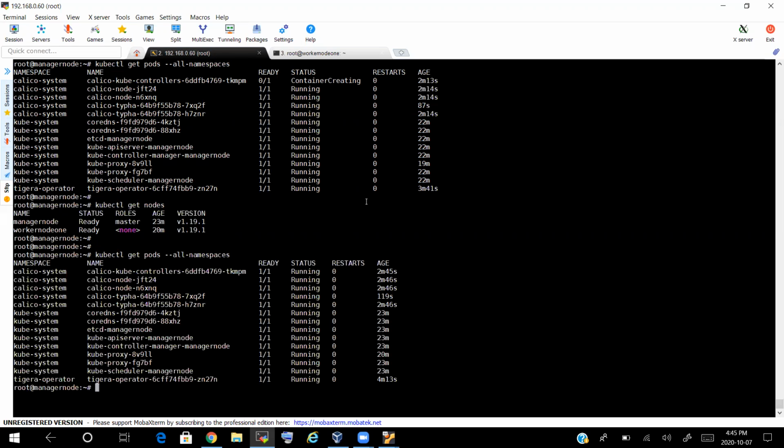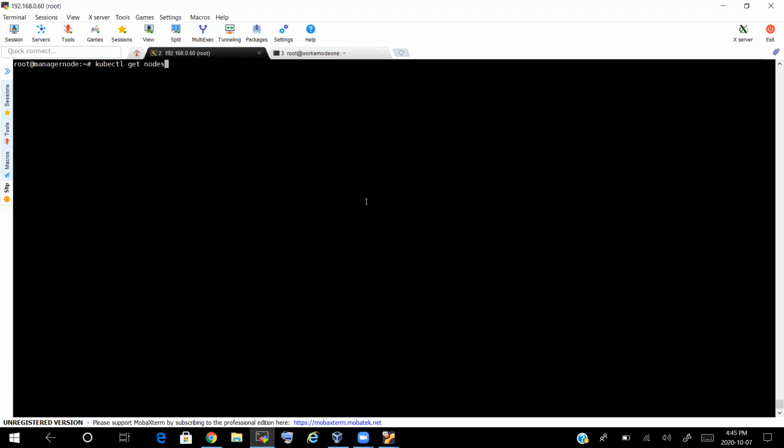You can see all the pods which belong to your Kubernetes cluster are running successfully. Calico for networking, CoreDNS for the DNS part, etcd, API server, controller manager, kube proxy, kube scheduler, and the Tigera operator, which is for Calico. So all these pods are running successfully. That's the reason you're able to see these nodes shown in ready status. Okay, so this is how it looks.